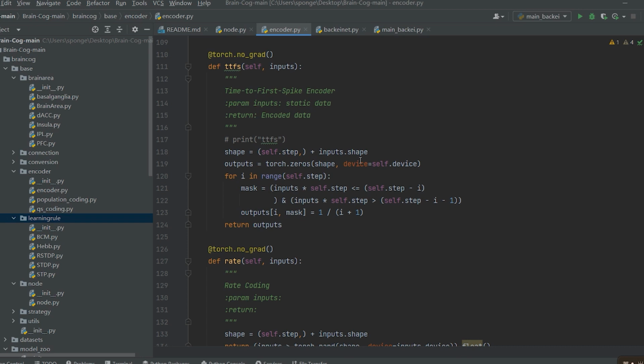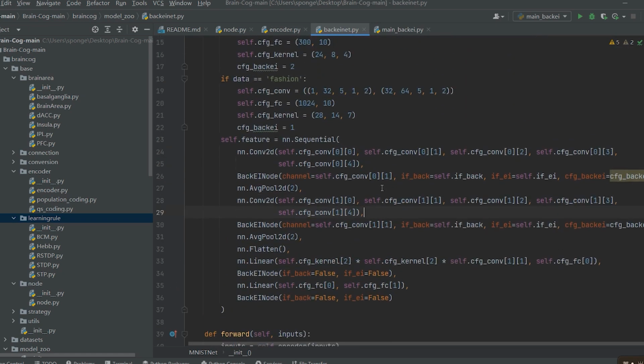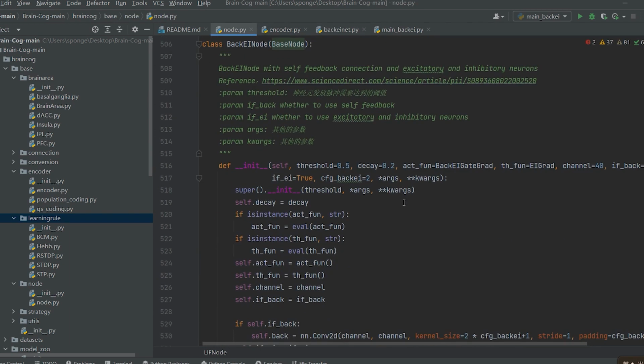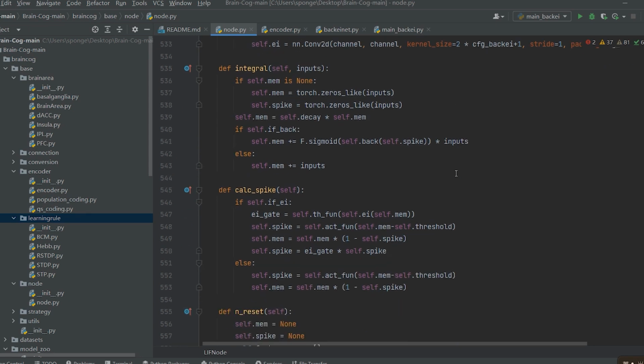When the researchers want to define their own algorithms, take the BackEINet as the example. First, we define the basic computing component as the BackEI node in the node file. It integrates the self-feedback connections and the excitatory and inhibitory neuron balance. As can be seen here, when we define the self-feedback and the balance of the excitatory and inhibitory neurons, the whole information flow can be seen like this: